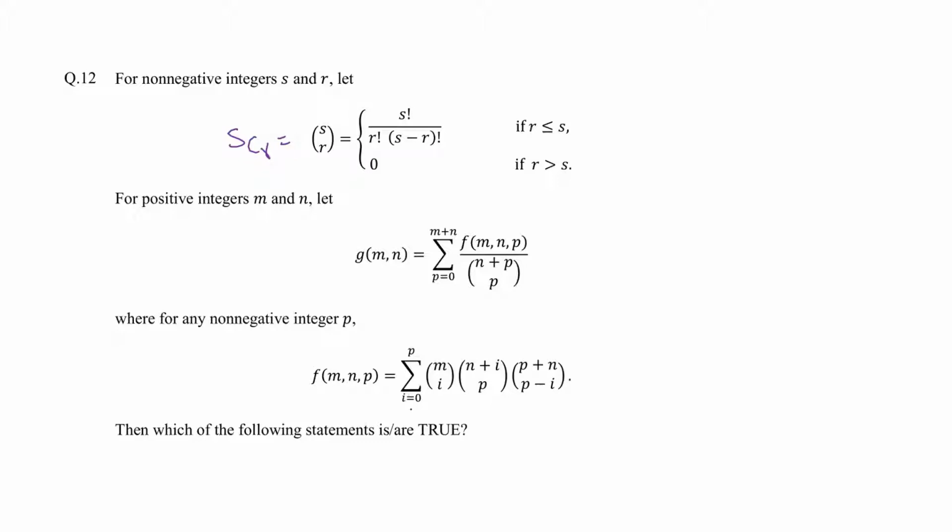Now let's try to find out what will happen to f of m comma n comma p. To find out the value of g of m comma n, definitely we need this one, on which we are going to apply another summation, right? One thing you can observe here is that in this summation only i is the variable, which means this m, this n and this p are going to be constants here. So the only value that is changing is i from 0 to p, right? First we'll find the answer for this, then we can discuss what g of m comma n is.